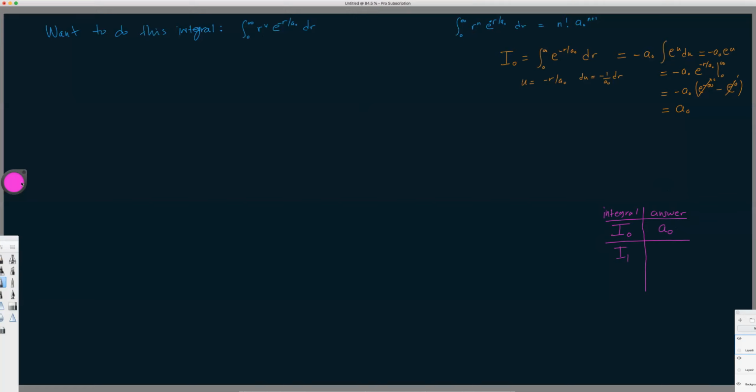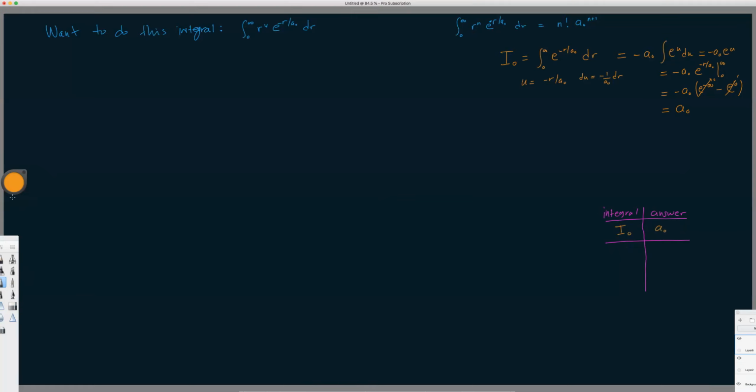Okay, so what is I1? I should have done some color coding here. You can fast forward while I correct this. Give me a second, give me one second while I correct this. Again, you can fast forward through this if you don't like it. Okay, so I0